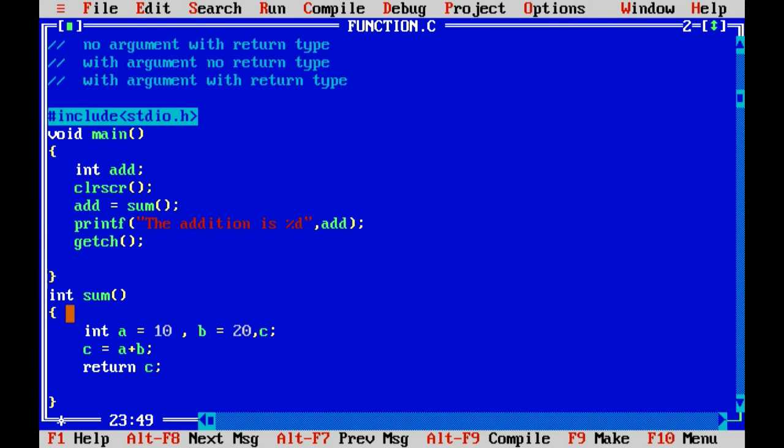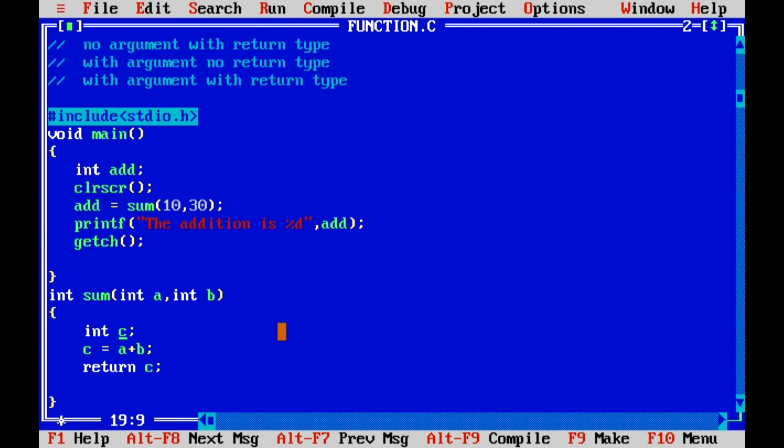In the same example we will just pass arguments. Let me tell, I am passing the values 10 and 30 here, and I have to get the values. So I'll write int a and int b, and here I'll remove this integer a and b.